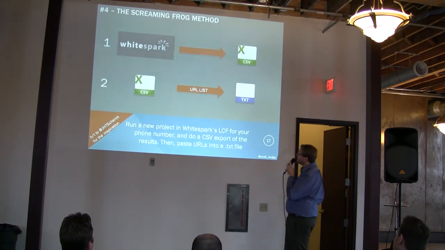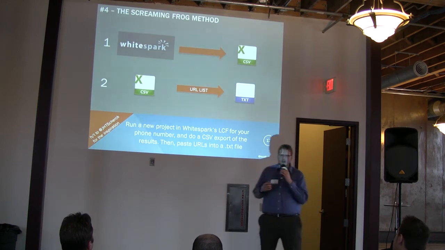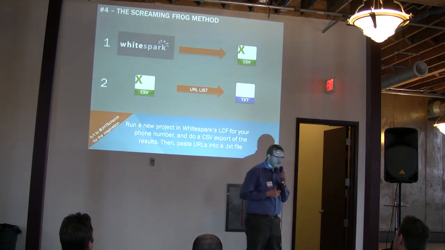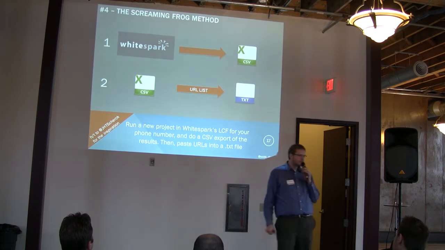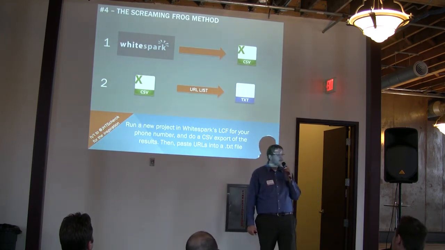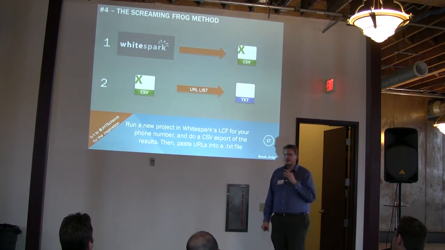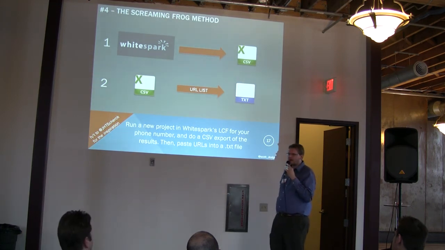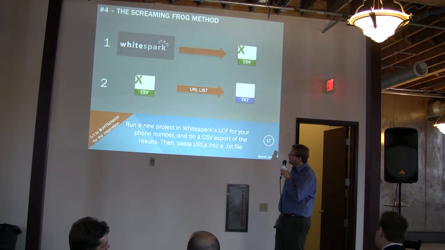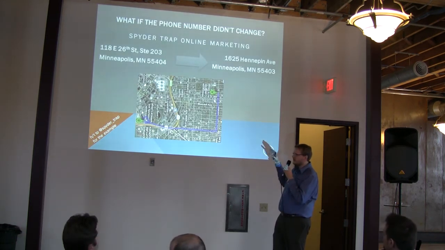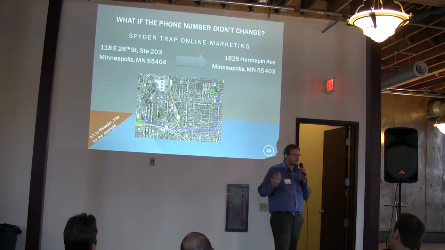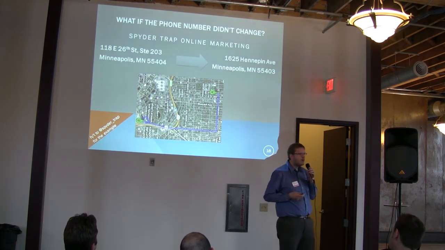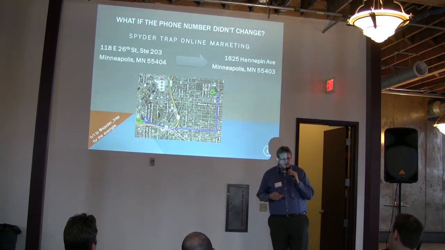Basically what we want to do is take this information and throw it into a great tool called Screaming Frog. Anybody know Screaming Frog? Yeah, absolutely. It's like the Swiss Army knife of SEO tools. It's like 99 pounds per year, run by a British guy, and it's worth like 20 times that. It's amazing. The issue here is that because their phone number didn't change, it's going to be hard to dig up listings with old phone numbers. But we can find listings with bad addresses pretty easily.